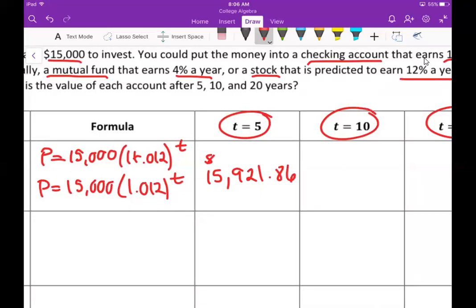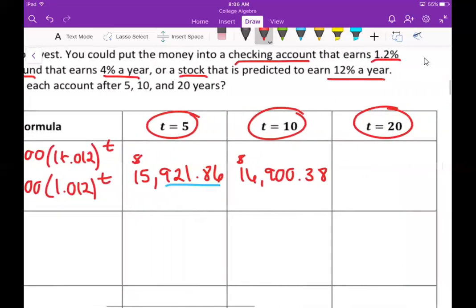$15,921.86. So that account would have gained $921.86 in interest in 5 years. After 10 years, we'll be up to $16,900.38 rounded to the nearest hundredth. And again, that would mean we've gained about $1,900 in 10 years. In 20 years, we'd have $19,041.52. So if we just let our money sit in that compound interest account for 20 years, then we'll have gained about